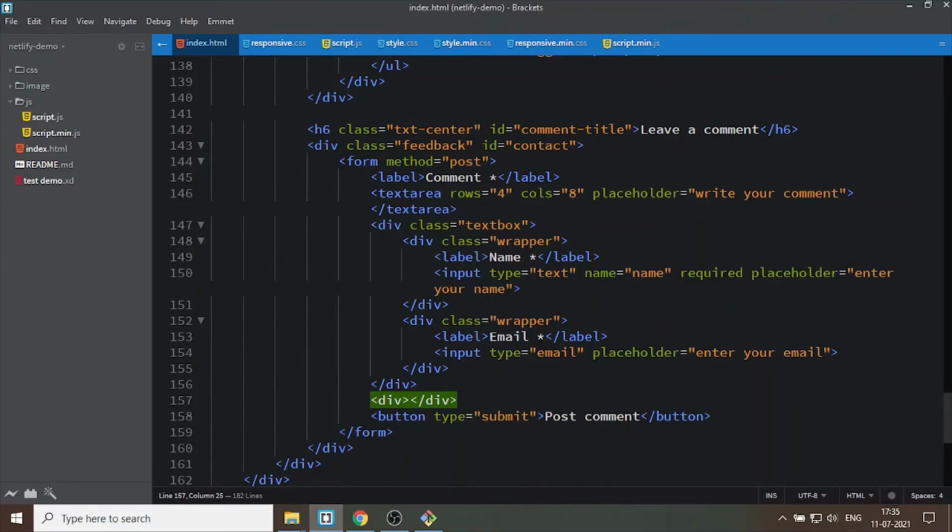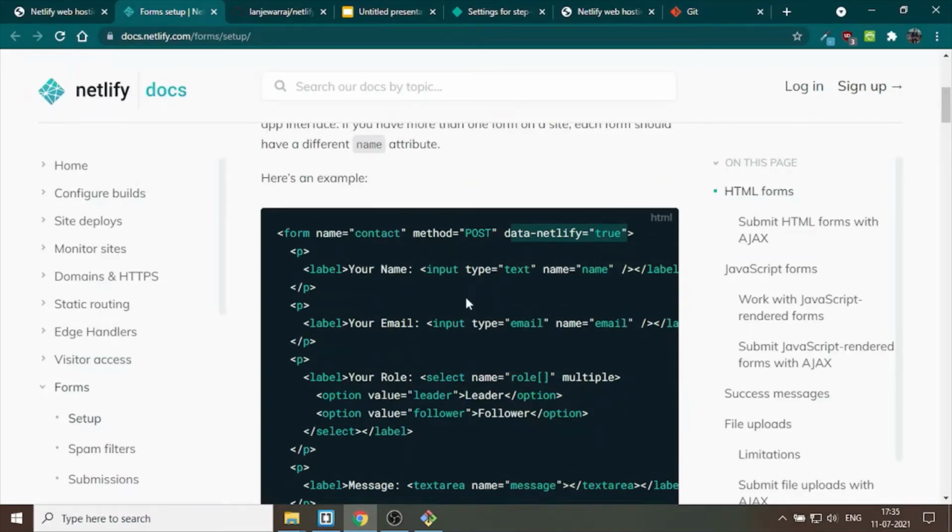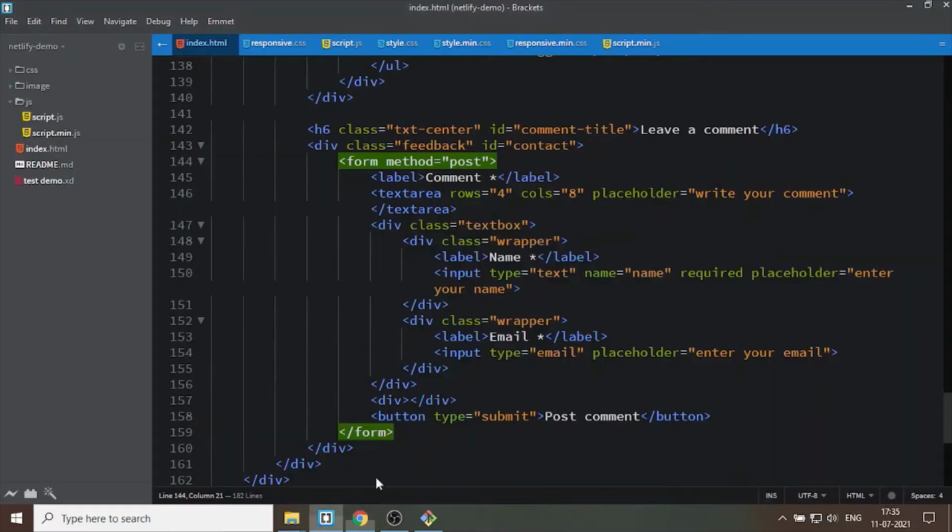This is my main index HTML page and this is my form tag where I get the responses from the clients. I have a similar structure, and the only thing I need to add here is the data-netlify equal to true attribute in my form tag.